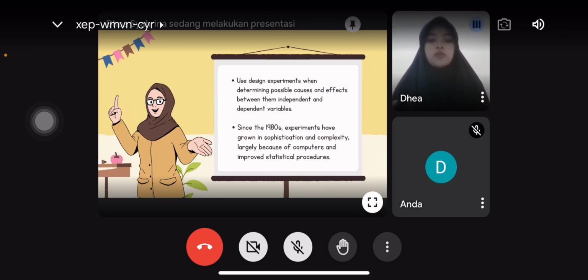You use an experiment when you want to establish possible cause and effect between your independent and dependent variable. This means that you attempt to control all variables that influence the outcome except for the independent variable.